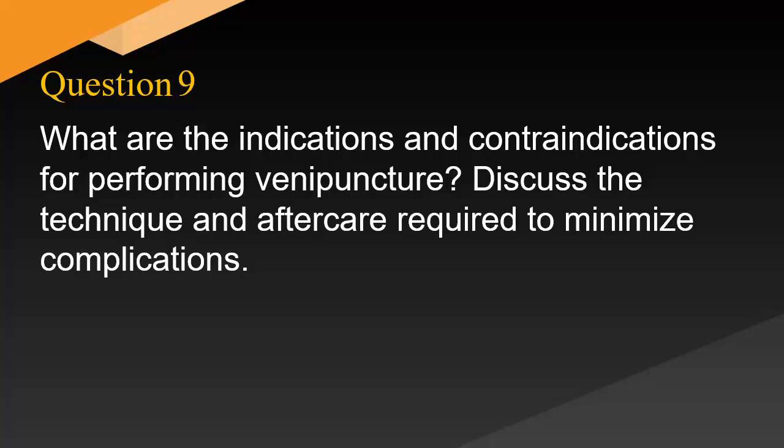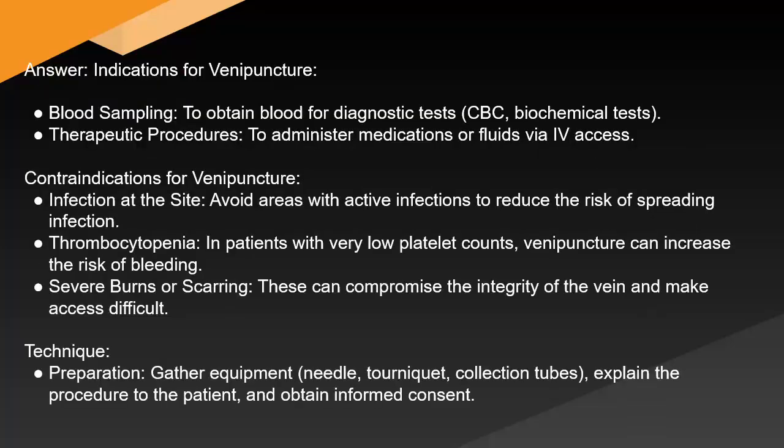What are the indications and contraindications for performing venipuncture? Discuss the technique and aftercare required to minimize complications. Answer: indications for venipuncture. Blood sampling to obtain blood for diagnostic tests, CBC, biochemical tests, therapeutic procedures. To administer medications or fluids via IV access. Contraindications for venipuncture. Infection at the site, avoid areas with active infections